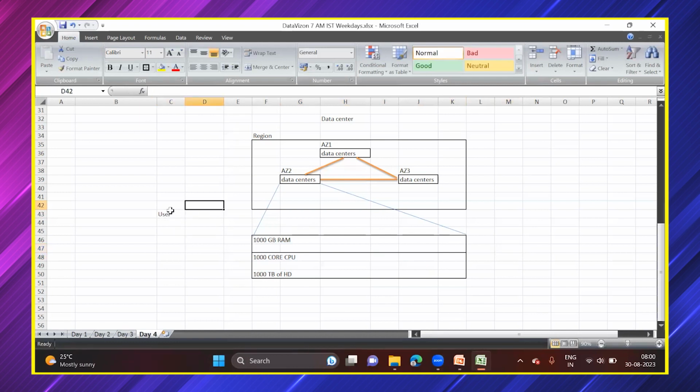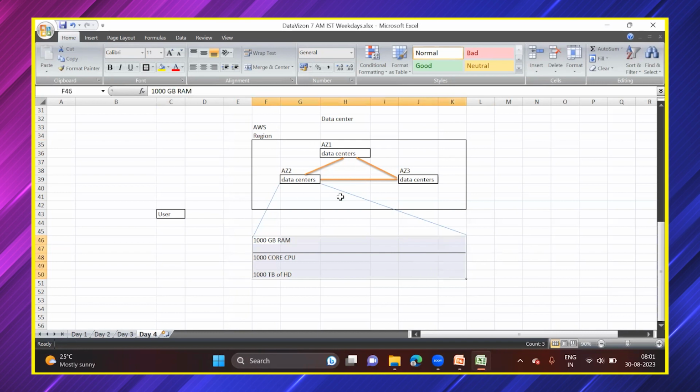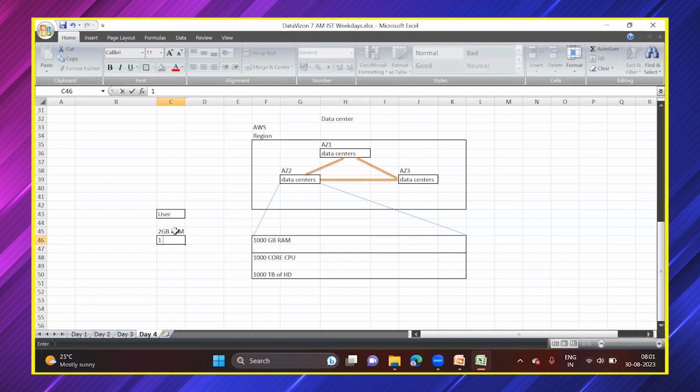Now here, what you want is that you, as a user, if you talk about AWS, first of all you have created the AWS account, and you are registered to a specific region. What you can do is provision the hardware from this specific data center in your region. If you have a specific requirement, say 2 GB of RAM, one core CPU, and 10 GB of hard disk, a very minimal requirement,